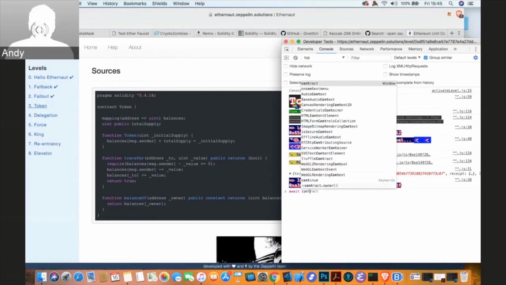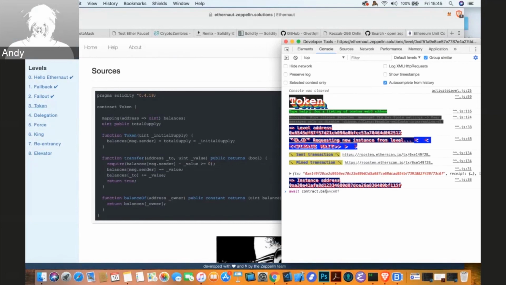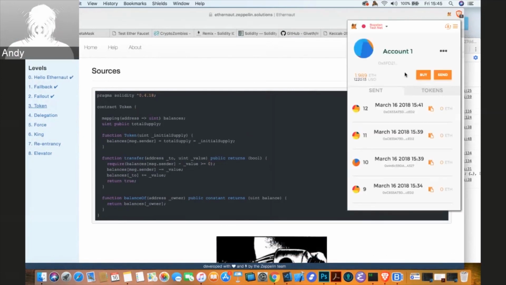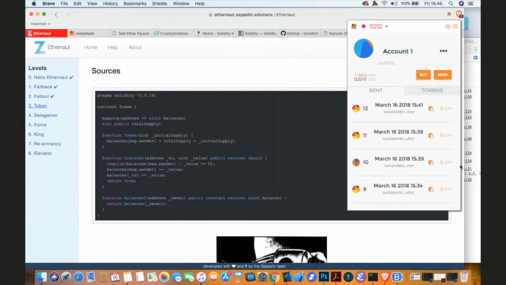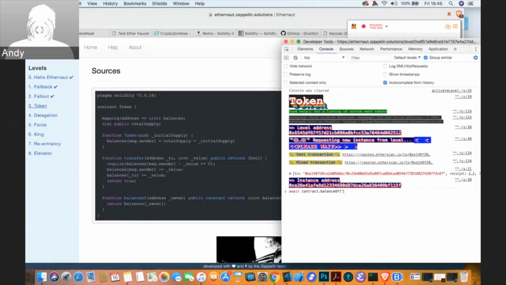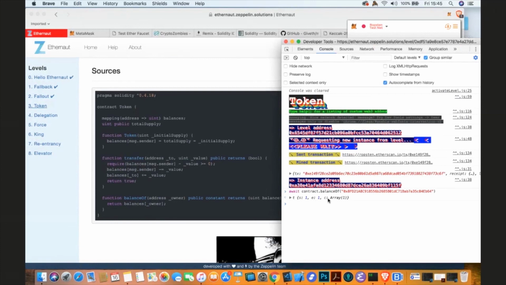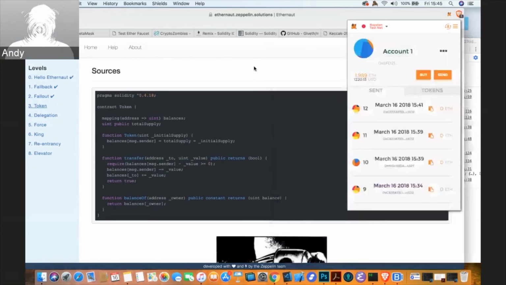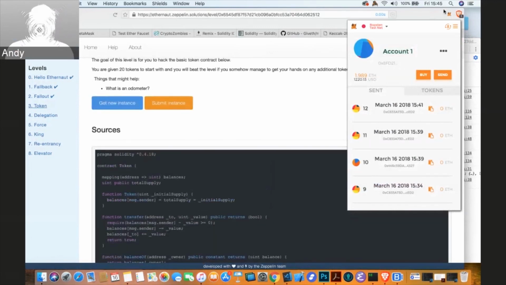We can find that if we await contract.balanceOf our address. You can see that the balance associated with our address in that mapping is 20, as we expect. The big clue here for this tutorial is that you want to make it much bigger,